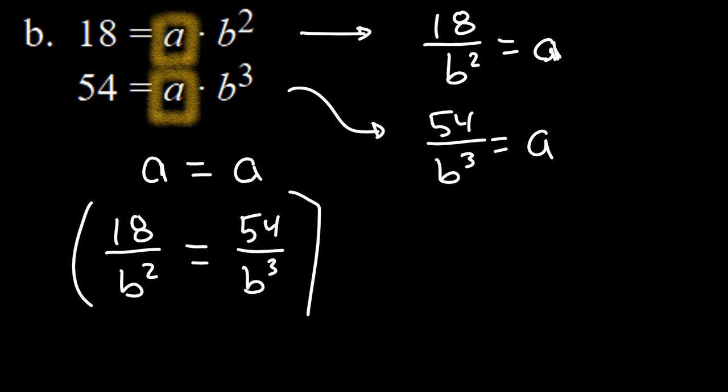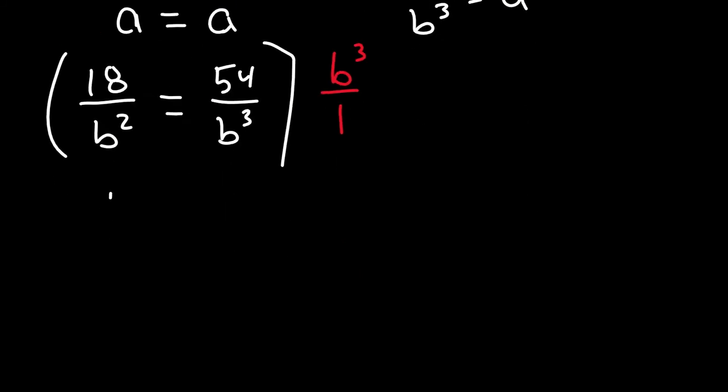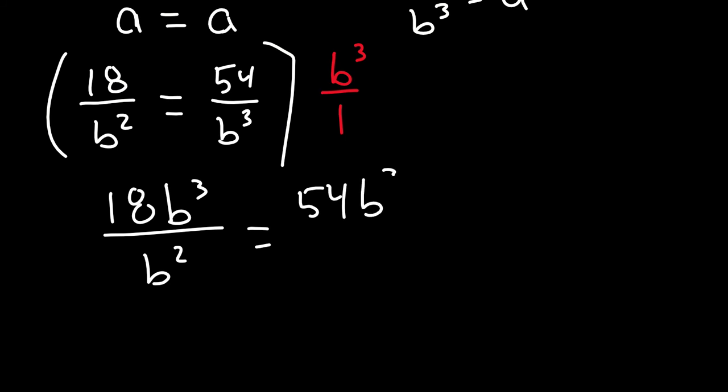I'm going to multiply both sides of this by b to the third power. So there we go. I'm going to hit each side of this with a factor of b cubed, and just to be real explicit and helpful, right? I don't know that I wouldn't write all these steps, but b cubed over b squared equals 54 b to the third over b to the third. So you can see both the left and right hand side got a factor of b cubed in the numerator. When I simplify the left hand side, this becomes 18b, and when I simplify the right hand side, that becomes